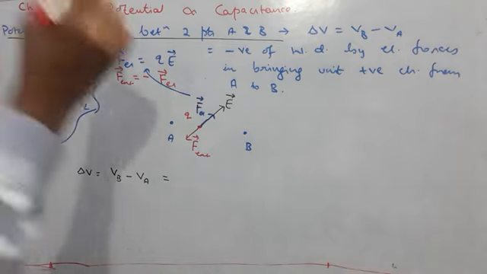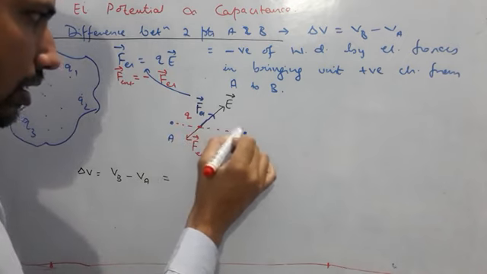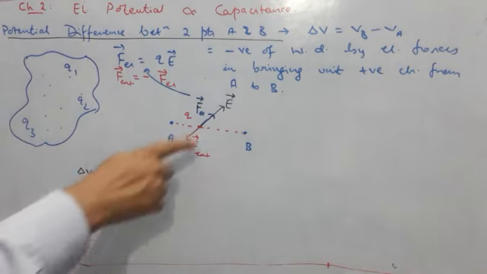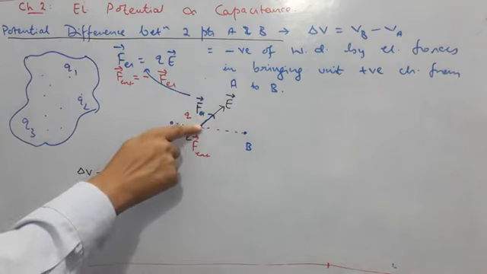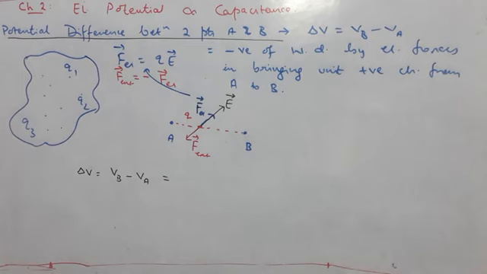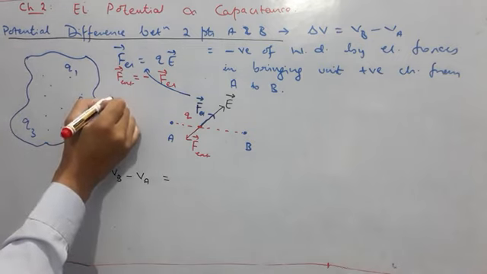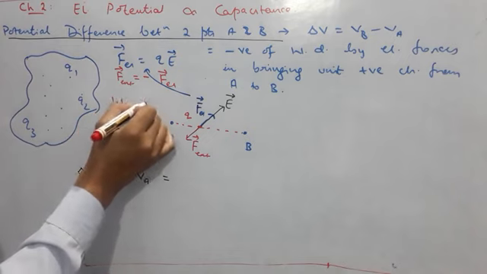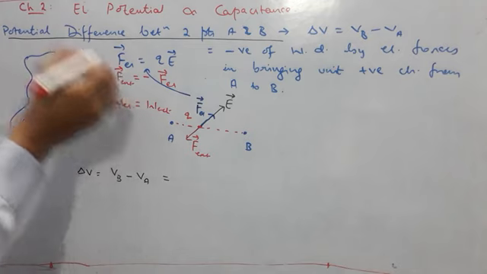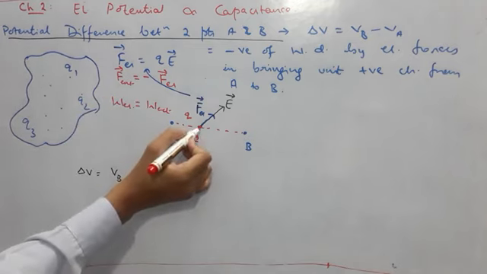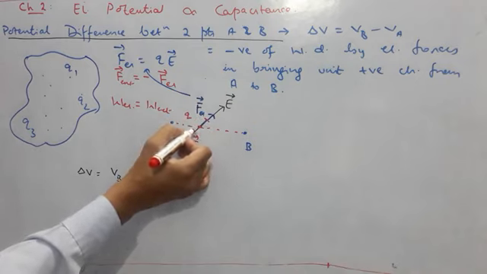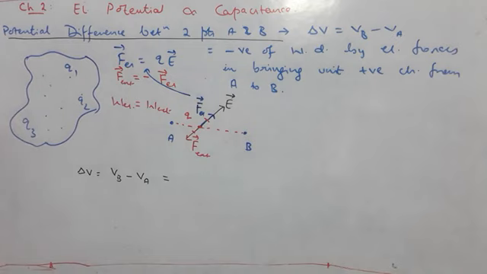Now suppose it is brought from point A to B, like so. Because you are applying some force, you have to do some work. Because electric field applies some force on the charged particle, it also does work. How much work is done by you or the electrical force? That we are writing as W electrical and W external. And if you see carefully, both of them should have same value, because we don't have to accelerate the charge. It has to be brought very slowly. At all instants, these two forces must be in opposite direction and have same magnitude.